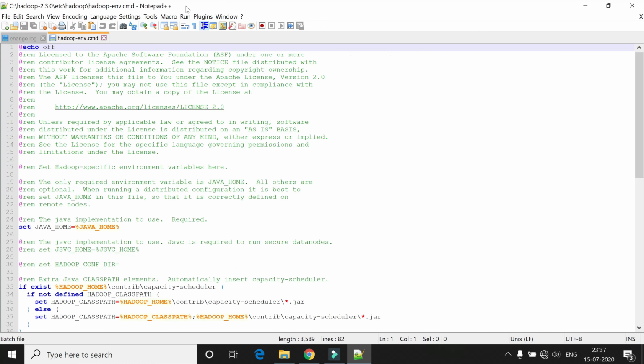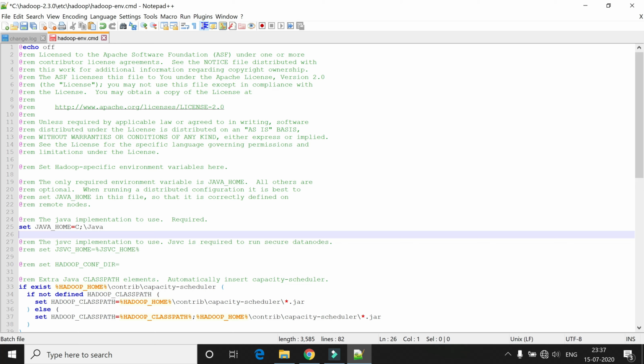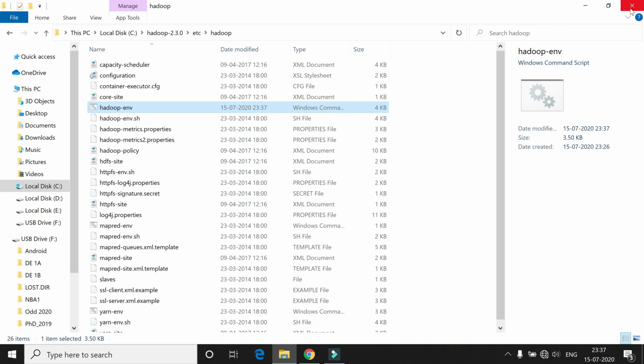Here you can see line 25 of your hadoop-env.cmd file. You have to give the Java home path. Don't give the entire bin path, just give your Java location, C Java. Then click on the save button and close the file.